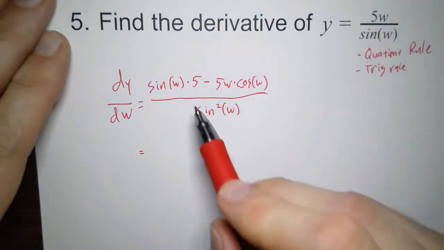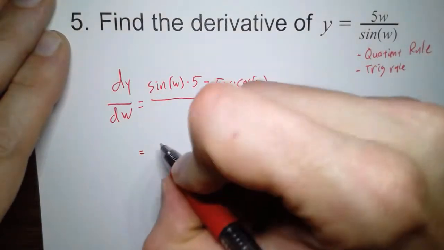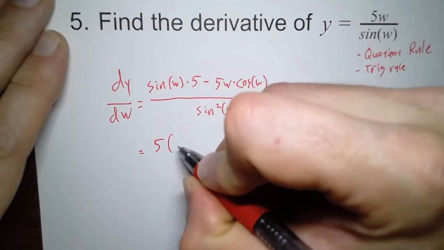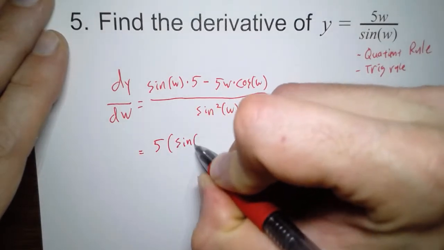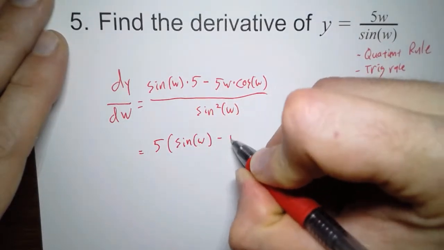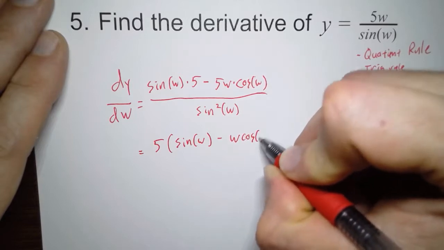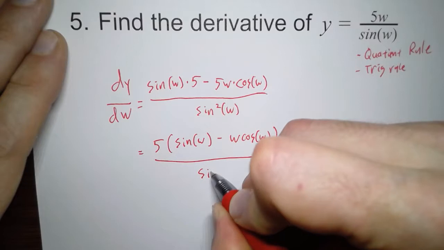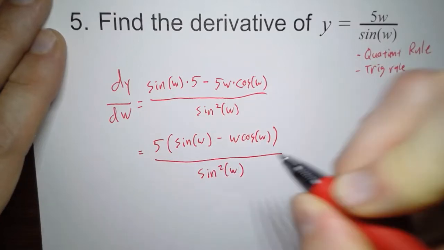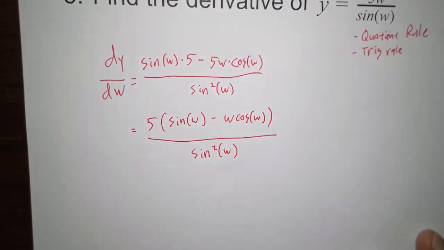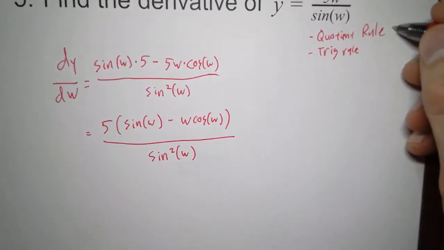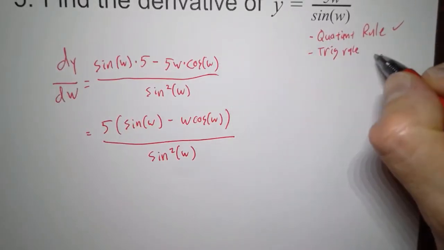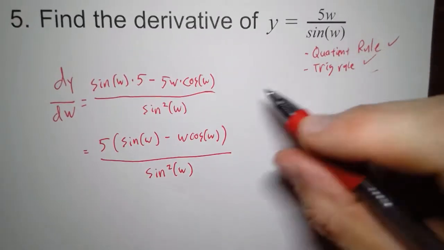And as we look, the only thing that can be factored out of the top is a 5. And so we're left with sine of w minus w cosine of w all over sine squared of w. And that's as simple as we can make this. We've done the quotient rule, and we did the trig rule by taking the derivative of sine and leaving it